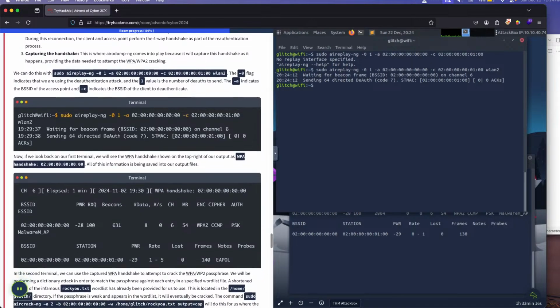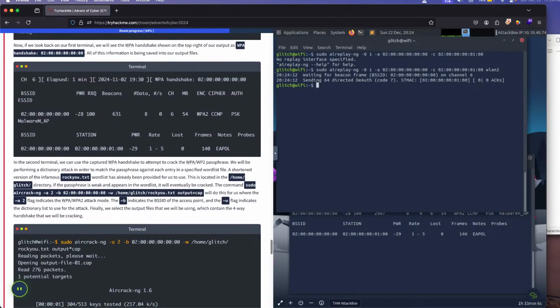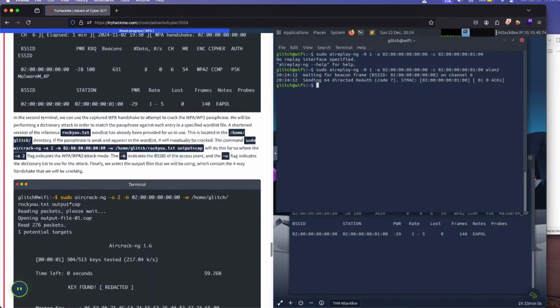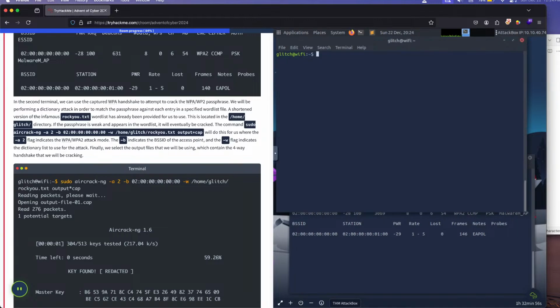We send it. Yeah. Now, if we look back in our first terminal, we'll see the WPA handshake shown on the top right. All of this information is being saved into our output file. In the second terminal, we can use the captured,